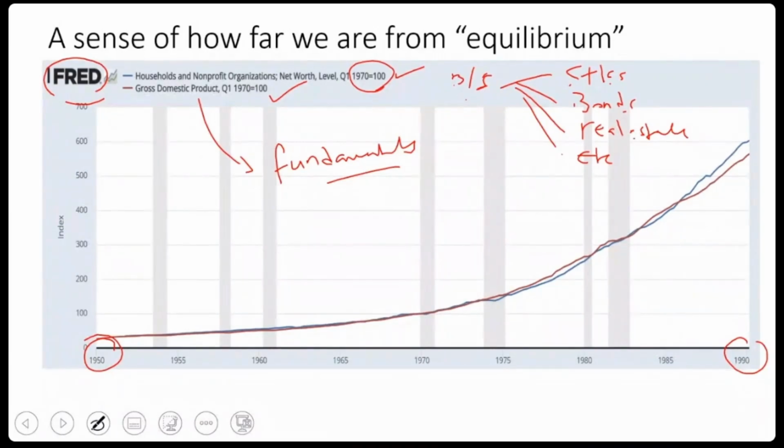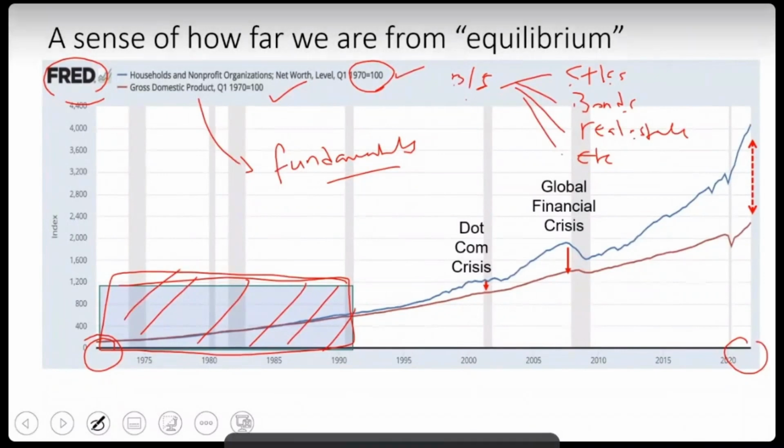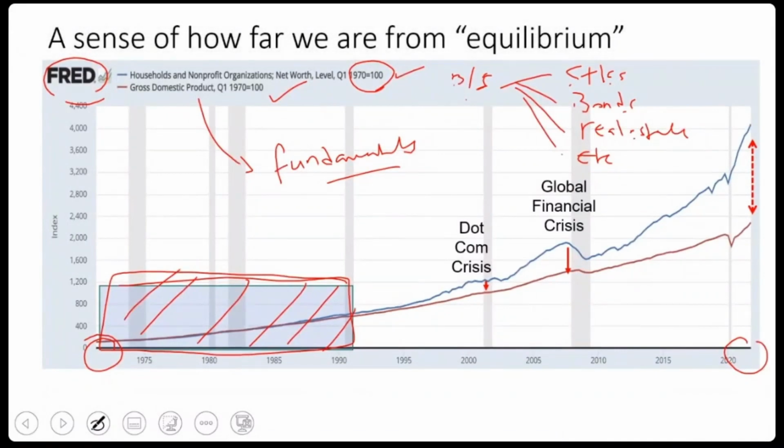Let's see now if I extend this chart over to the current time. The chart which I showed you earlier is this grayish area here. What we've seen since 1990 is a divergence where the net worth side moved away from what we call fundamentals. Here is where you say asset prices have gradually moved away from the economic fundamentals. I think we feel that when people talk about Wall Street diverging against Main Street, where Main Street is the fundamental of the economy.